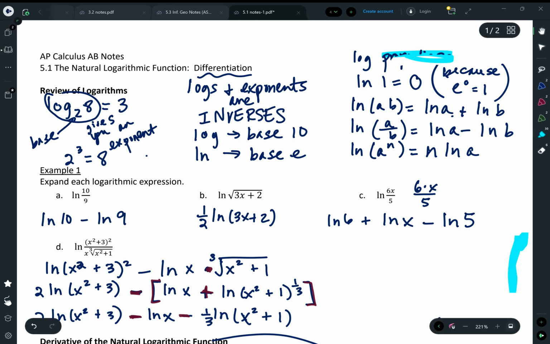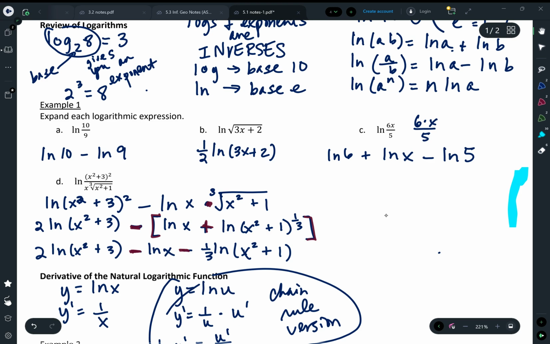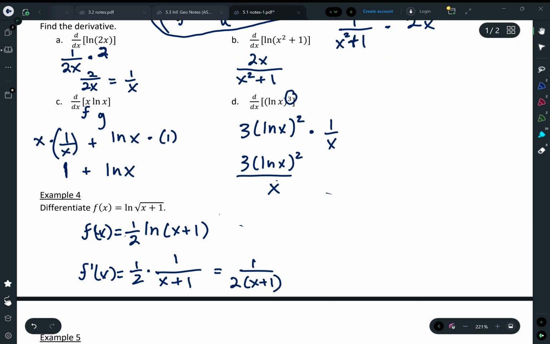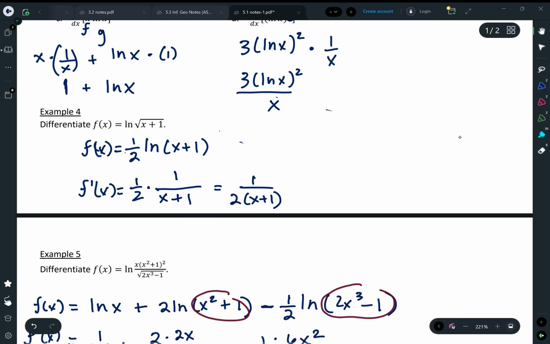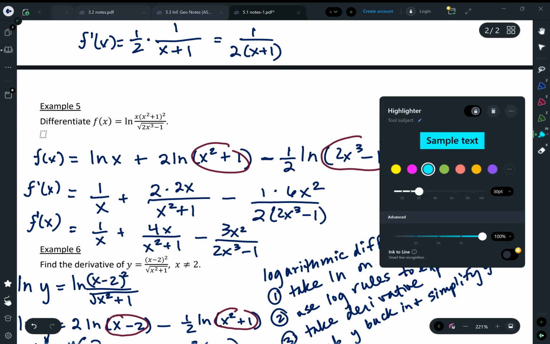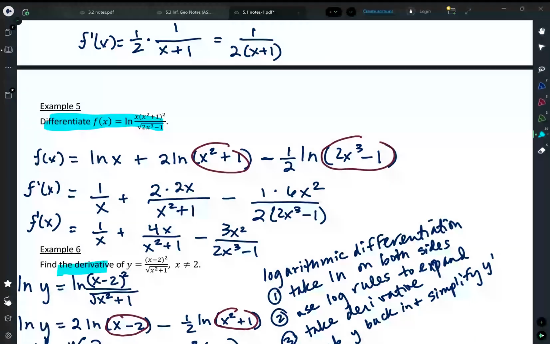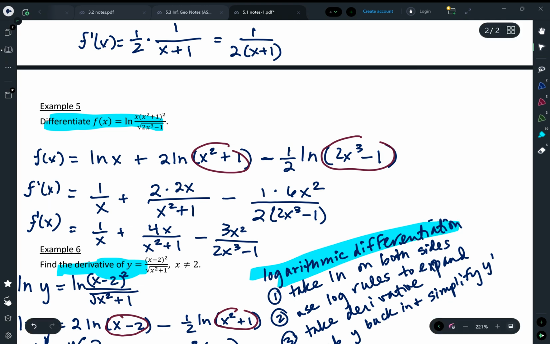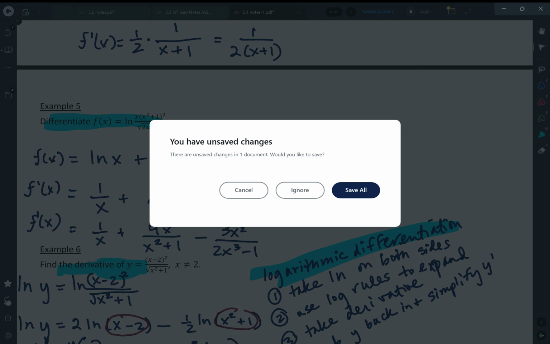And then this idea that we can use log properties to help us out when we're differentiating. So like on example 4 here, I went ahead and used my log properties to expand and then took a derivative, right? And we really saw that on the example after that, on example 5, this idea of logarithmic differentiation. So that's one of our ideas as well, is to differentiate. We really want to use that logarithmic differentiation, make our lives easier. It's tricky because on anything, they're not going to